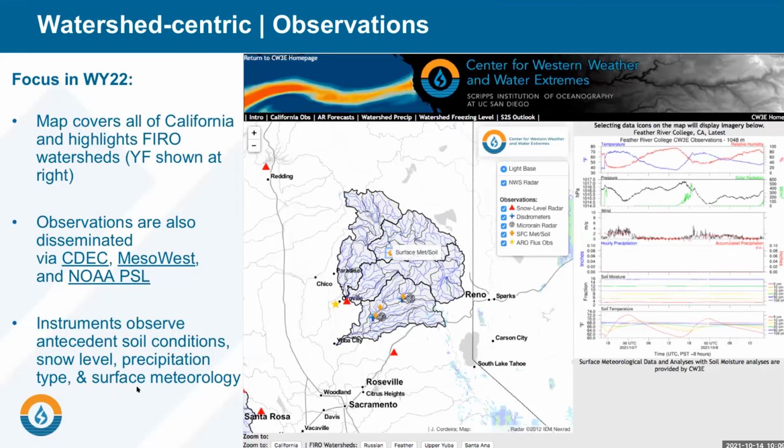And then the final piece is we also want to bring in the observations of precipitation, snow level, the disdrometers, the micro rain radars, the soil moisture, and our ARO observations for our different FIRO watersheds across California. So you can not only see what's been going on in the past, but what's going to be going on in the future. And so this is an example of an interactive page that we're developing with Anna, where you